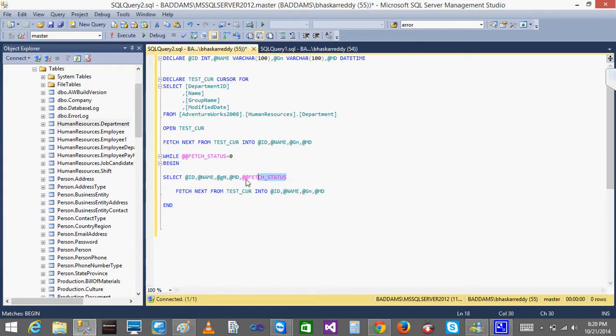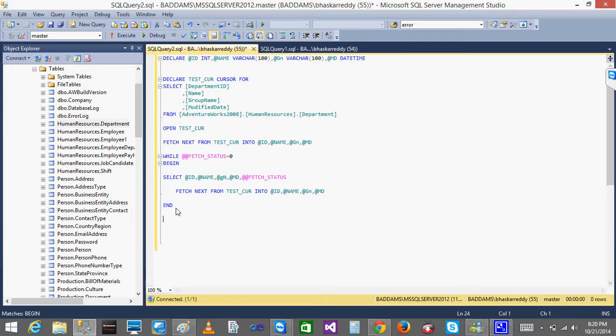After that, whatever operation you want to perform on the records, you will perform here. I am just printing the data. After printing, I am fetching the data again. After fetching, the while loop will start again from the beginning. It is a while loop, so it will keep on rotating, and it will check the status again. If there are records, the status will be equal to 0, then it will print those records, fetch the data again, and the while loop will execute again. So this while loop will execute as many times as the number of records you have in your data.